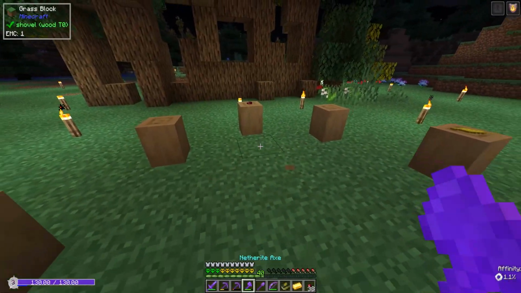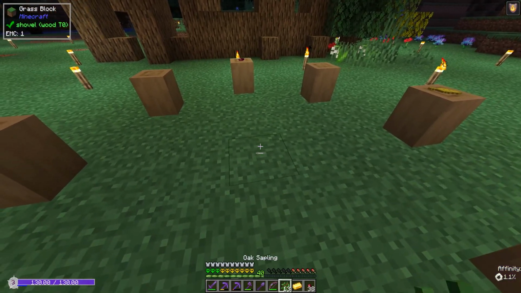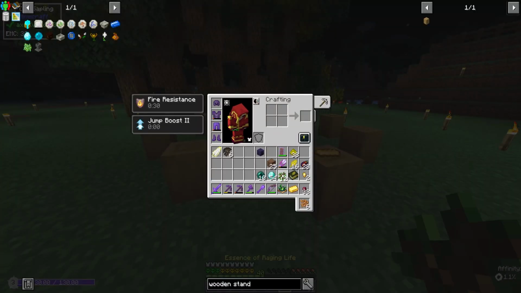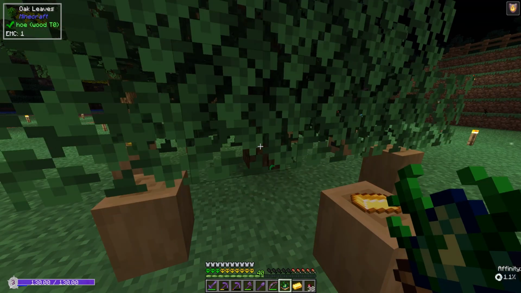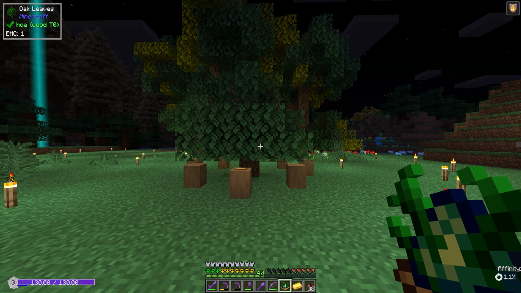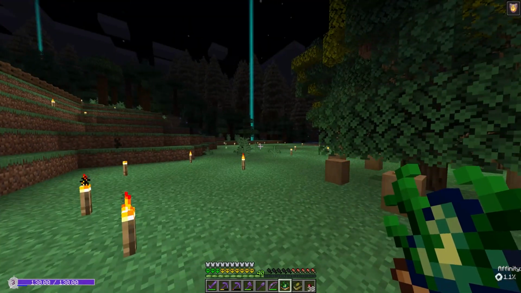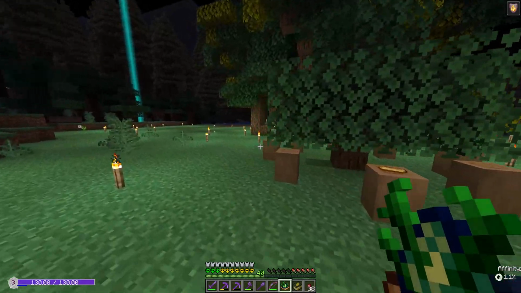Alright, so I am very out of practice with this mod, and I realized we just need to place the sapling in the middle and then grow it. And that should start the process for the Ritual of the Forest, I believe. Let me check one more time. And we'll see if this